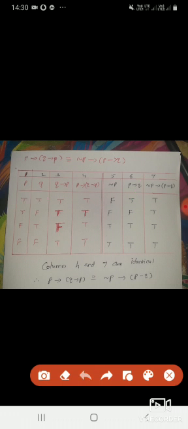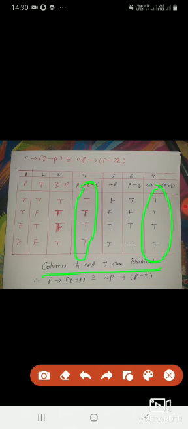Now, in the right hand side, what do we have to do? Negation of P to this one. False to true is true. False to false is true. True to true is true. True to true is also true. The last statement is everything is true. Now let us see this. The left hand side answer is the 4th column. The right hand side answer is the 7th column. Columns 4 and 7 are identical. Therefore, these two statements are equivalent.